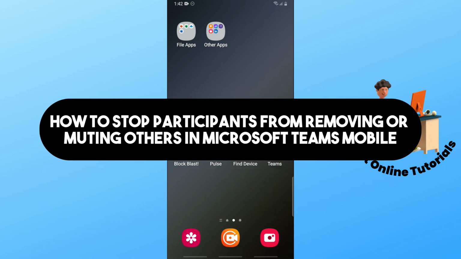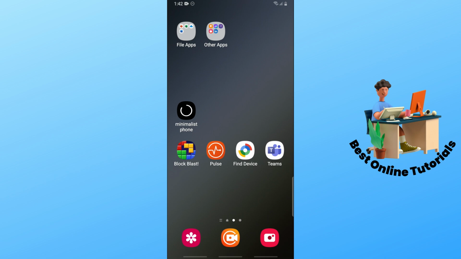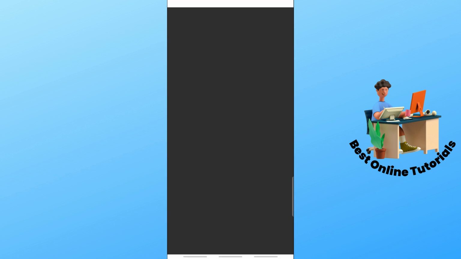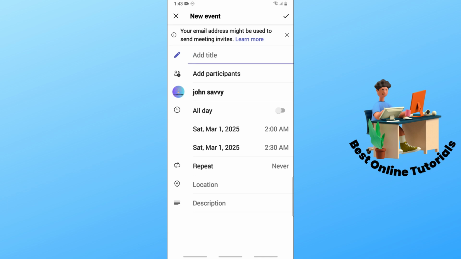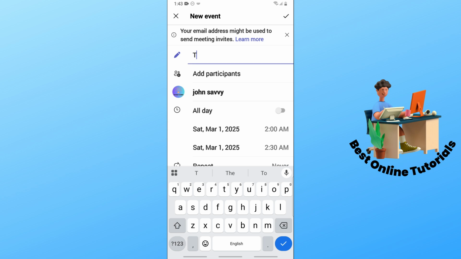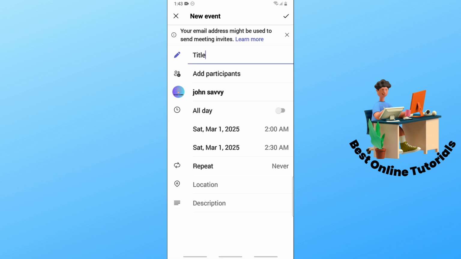This is how to stop participants from removing or muting others in Microsoft Teams Mobile. So just simply open up your Microsoft Teams application. And now from here, you could just simply go ahead and schedule a meeting. And now after that, just simply provide all of the necessary information needed in order for you to create this